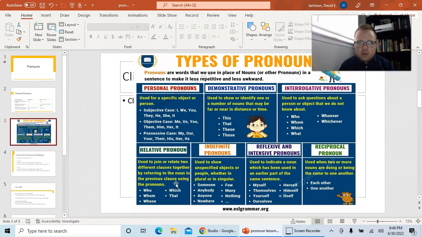So, my husband, who can eat 20 eggs, is in the hospital with a stomach condition. My cat, which likes to pee on the floor, is in the box tonight. So those would be examples